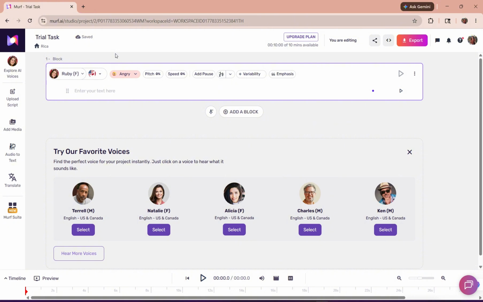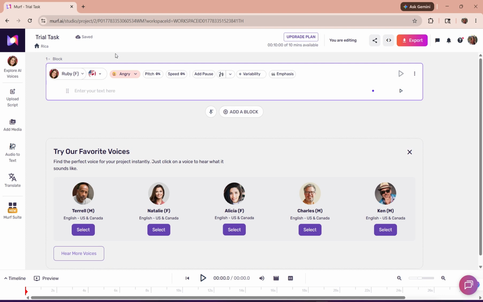Click Create, and your project opens in the Murf Studio Editor. The Studio Editor opens with a script panel on the left side. You'll see one default text block already in place. Click inside it and start typing your script, or select all the placeholder text and paste your own script over it. Each text block has a